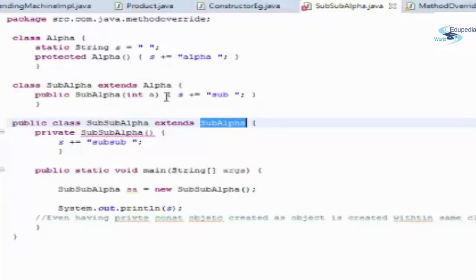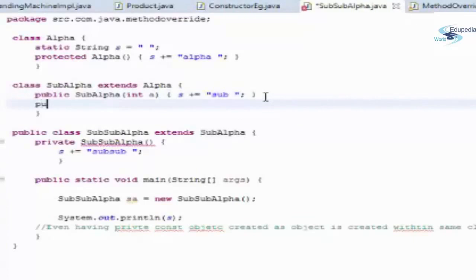So even the implicit default constructor that the compiler provides is now not available. To correct it, we can include one more constructor, that is public sub alpha. Fine, now this will resolve our problem because it is able to find a default constructor.